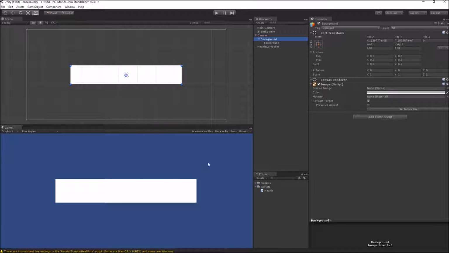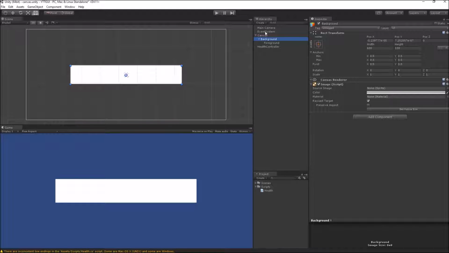So imagine if I have a set of buttons, like set of game options, like your brightness, your sound values, and your music level. All these can be grouped together inside a panel, and this is helpful when you want to change the parameters or change the position of a bunch of UI elements together.